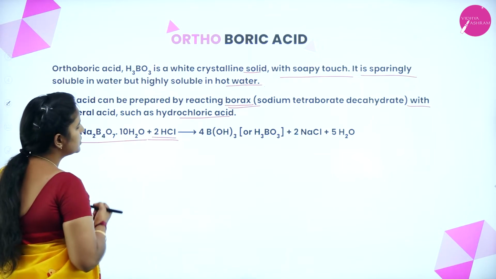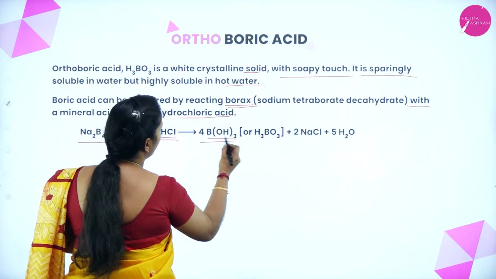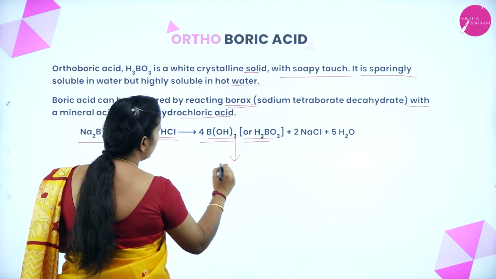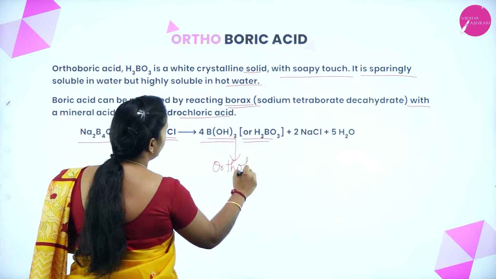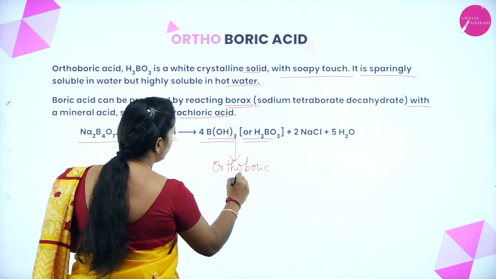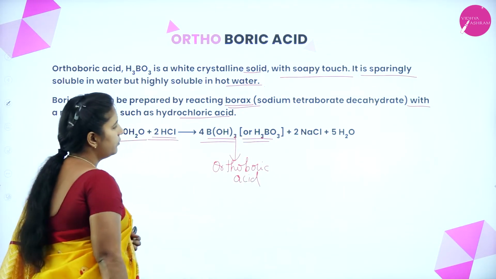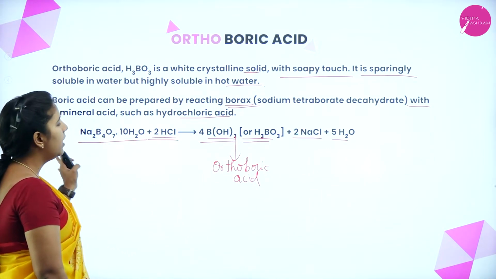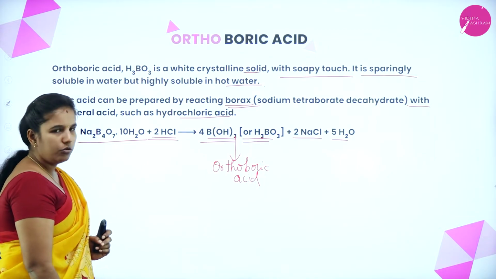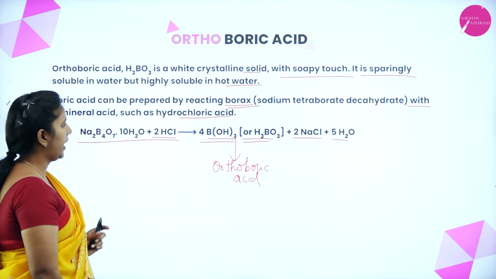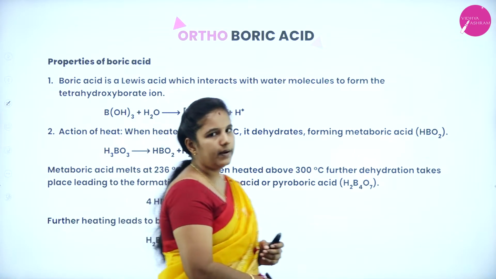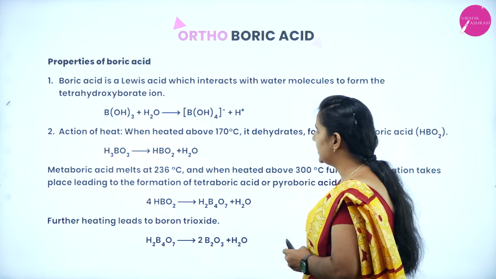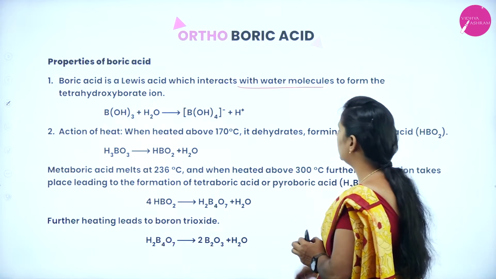What will happen? It will form boric hydroxide, which is also known as what? Orthoboric acid, okay, with the formation of sodium chloride and the release of water molecules. This is the first way to prepare orthoboric acid from borax. Next, we have the properties of this orthoboric acid. Boric acid is a Lewis acid which interacts with water molecules to form